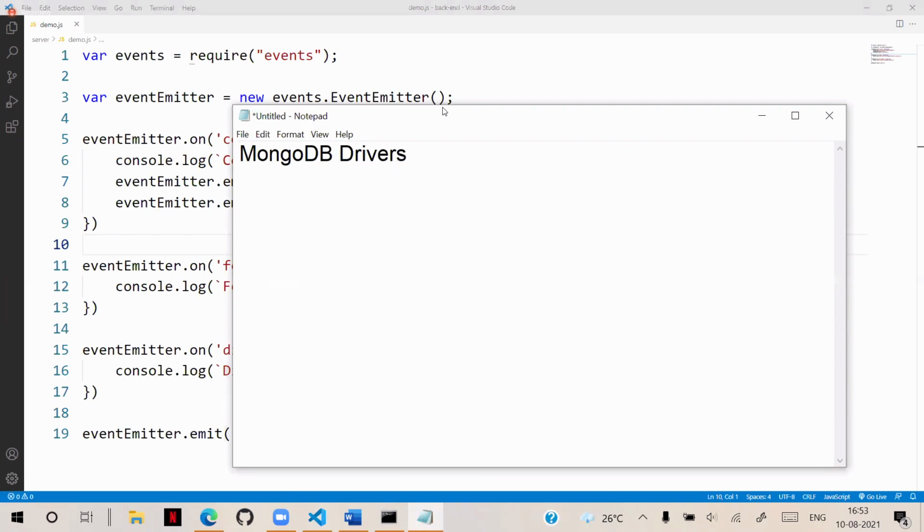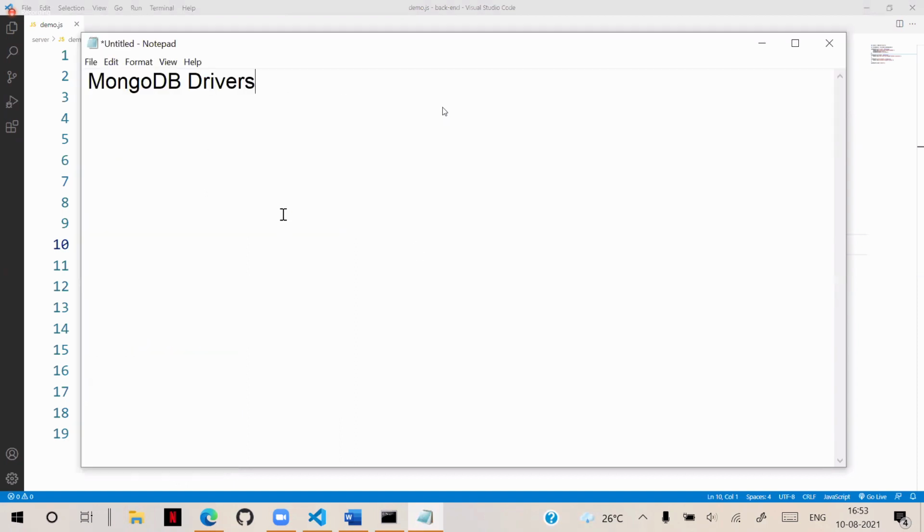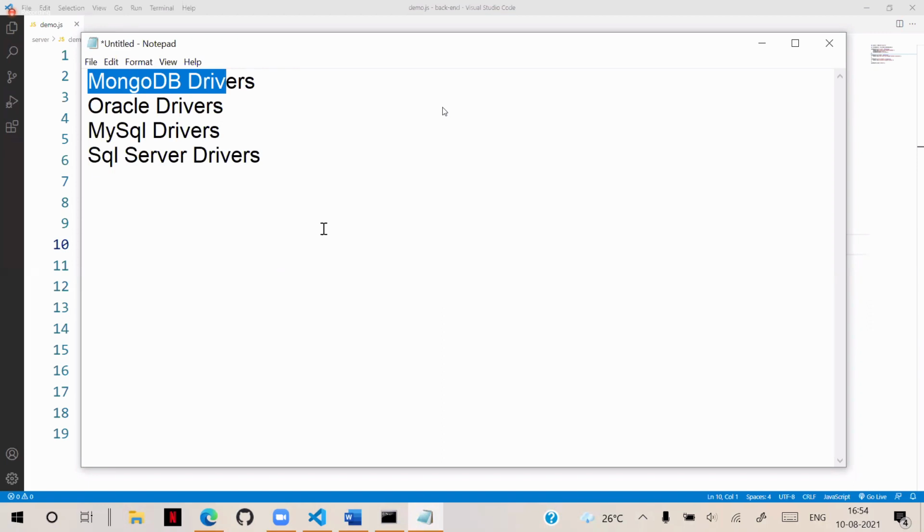Actually, to connect with any database in the backend, you need the relative drivers. For Oracle, you need Oracle drivers. For MySQL, you need MySQL drivers. For SQL Server, we need SQL Server drivers. We need to download and install these drivers. Through those drivers, you can connect with the databases, interact with the databases, and manage them. So to install MongoDB drivers, because already our database is in MongoDB,